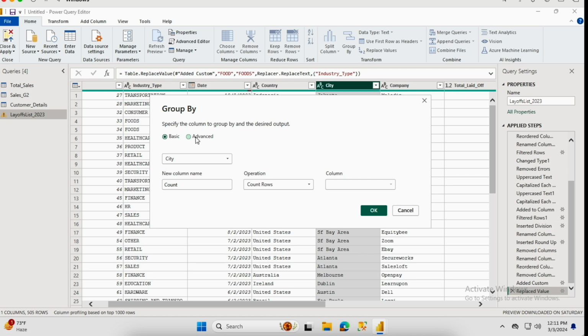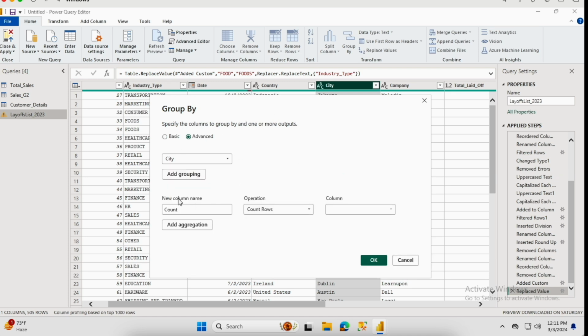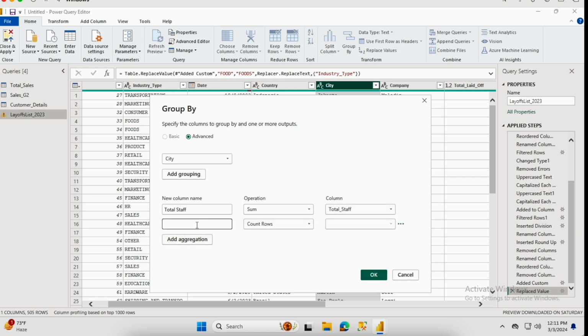You have to choose Advanced. In Advanced, you have these kinds of options: new column name, operation and column. For the new column, we just have to write total staff, and here you are going to get Sum, and the column will be total staff. Then I need to add one more, remaining staff.